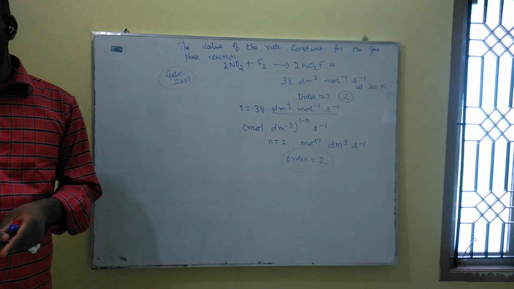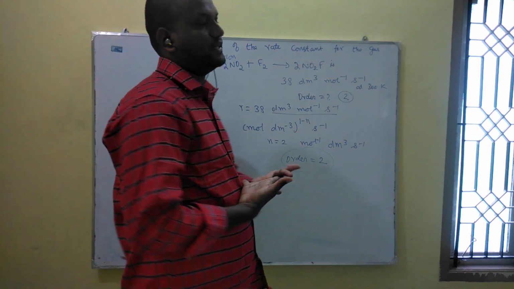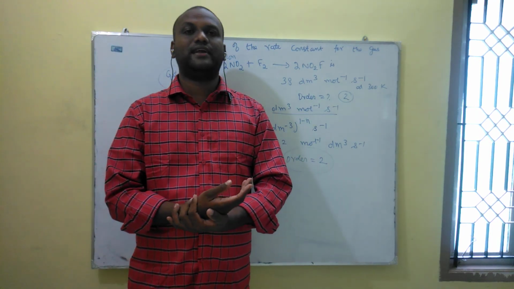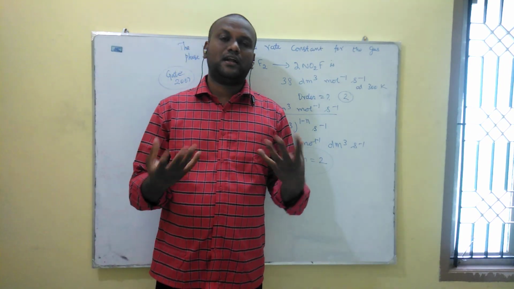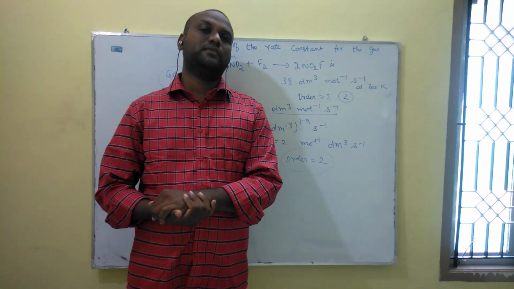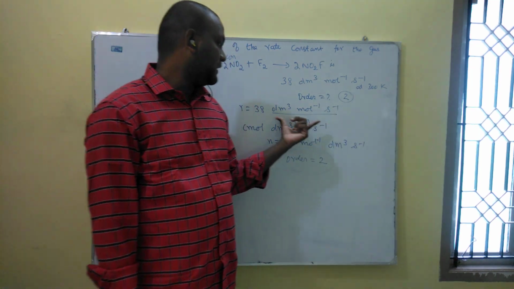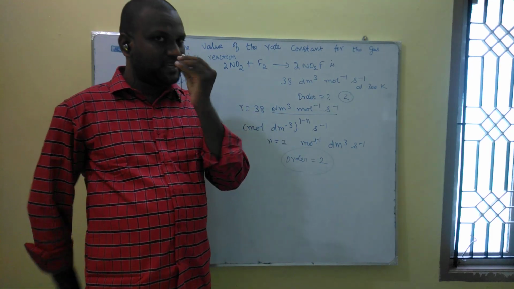This is one GATE question. Like this, they will ask many questions related to the order of the reaction and unit related problems. They will ask directly what is the unit of the rate constant for a first order reaction, second order, third order, fourth order, fifth order, like this. Generally higher order reactions are not possible; this we will discuss later in collision theory. In general, for any reaction, you have the relation mole per decimeter cube power 1 minus n per second. Use this one for any type of n reaction.